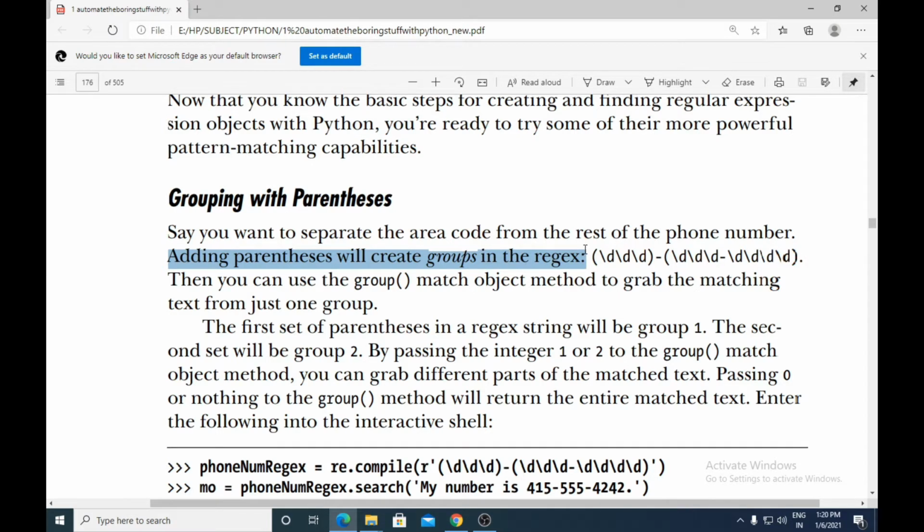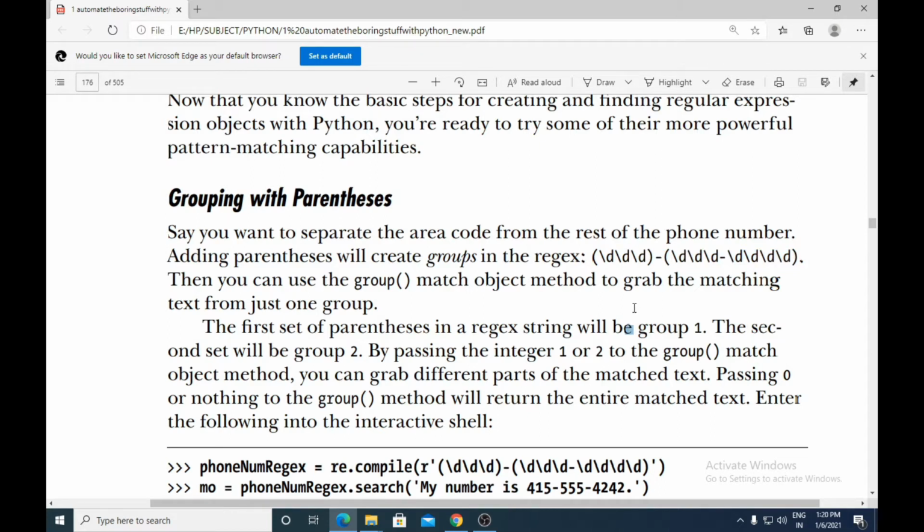Previously we had written all of them together. Now we have created two groups of the phone number by putting parentheses around them. The area code is now separated from the rest of the number, so there are two groups: the area code and the rest of the number.